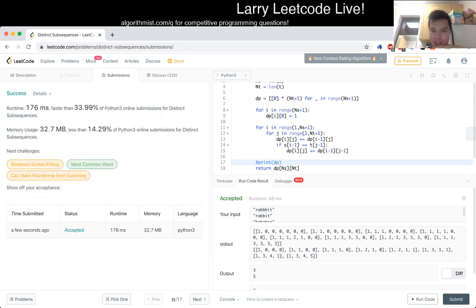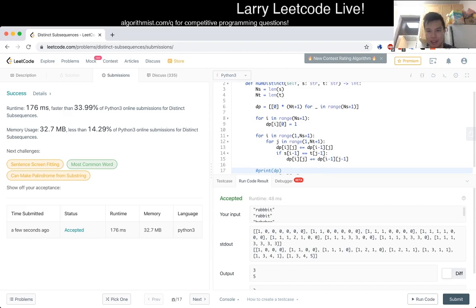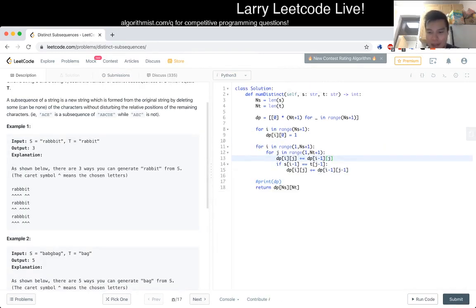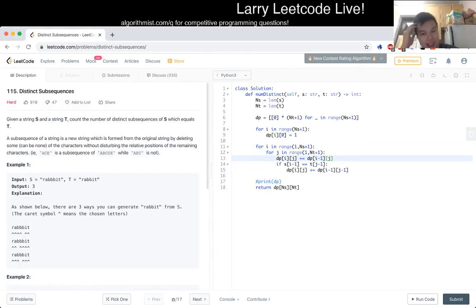Yay! First try, not bad. And again, you could save some memory by noting that this only ticks on the last. Maybe I could have done that optimization actually. It would have been trivial. But I think one thing that I was focused on for viewers who might not watch me struggle with a dynamic programming problem,